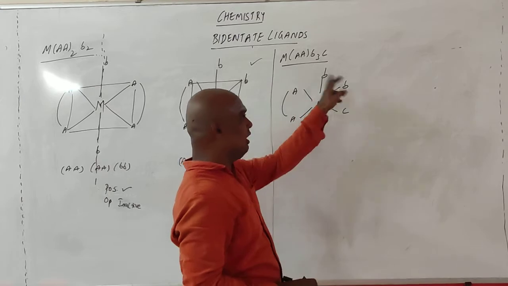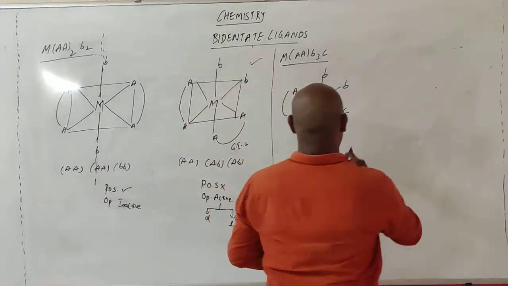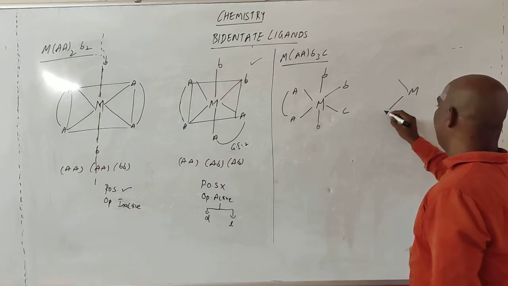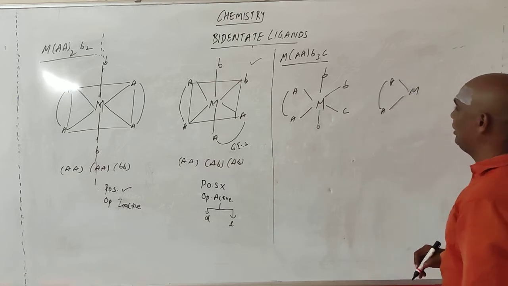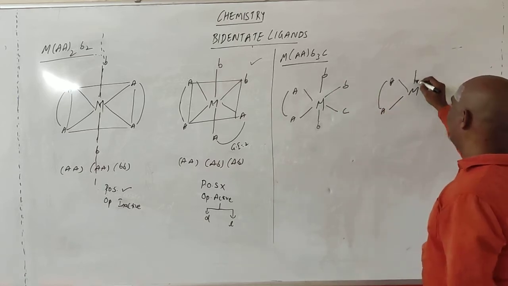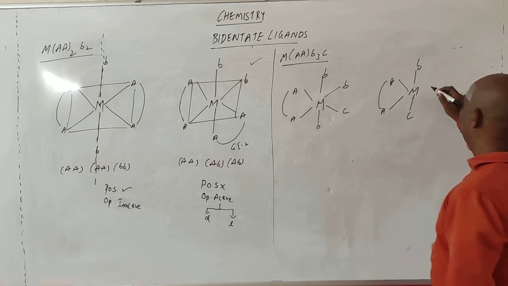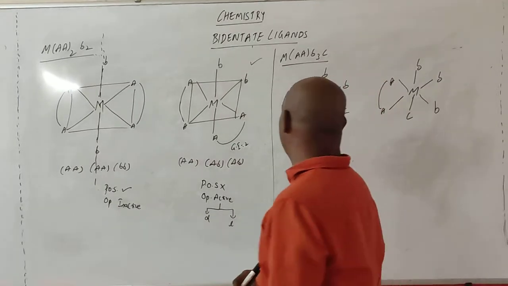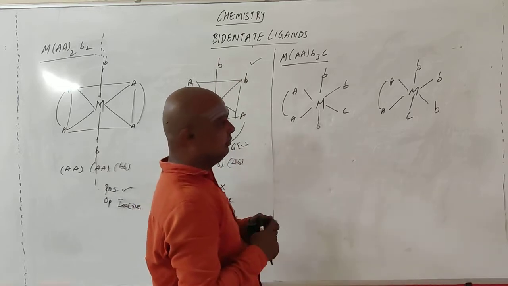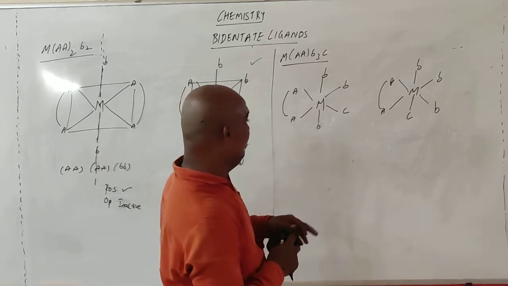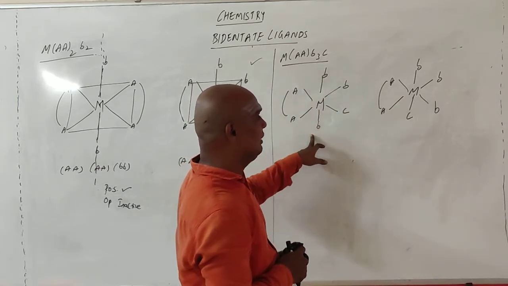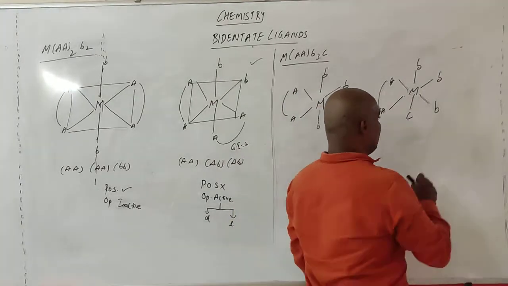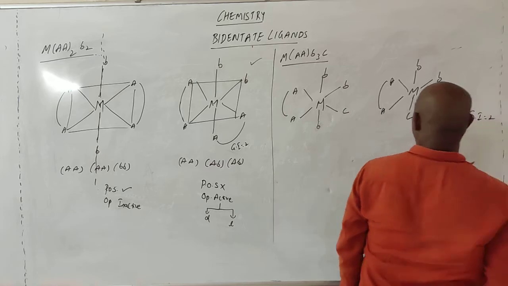See, A, B, C are in one plane. This B and this B are opposite. Is there any possibility of writing this structure in one plane? Okay, change the position. This is M, A, these two are the same, nothing problem. Now B, B are opposite. Now you take B, C opposite. Right? Then what will you do? See, other than this, is it possible to write anything? No. You can check. You will get AC, AB, BB. AB, BC, AB. So geometrical isomers are possible. So, 2 geometrical isomers. Right.